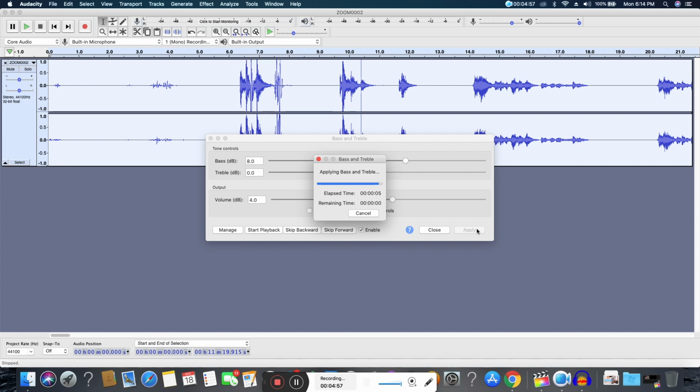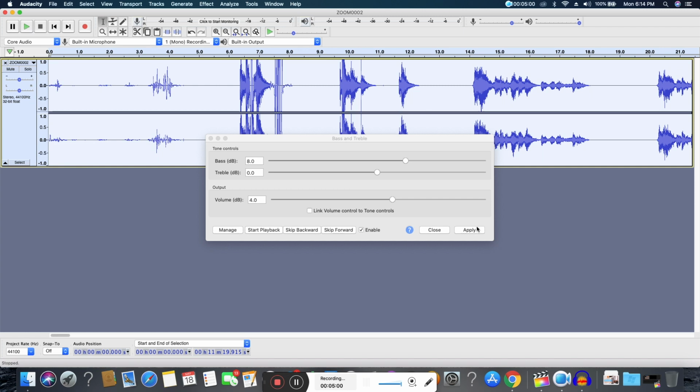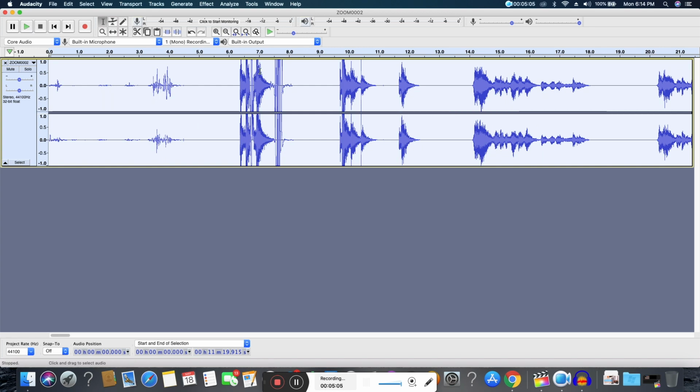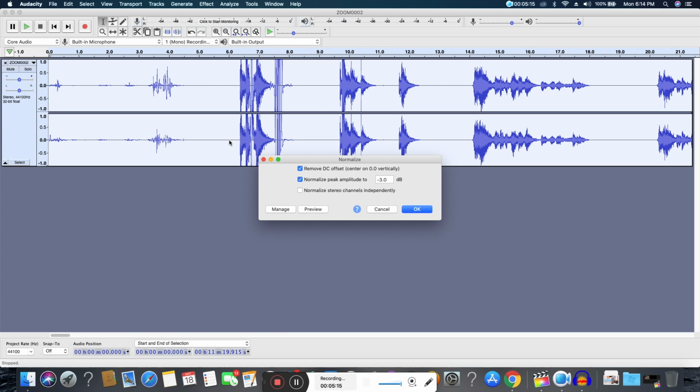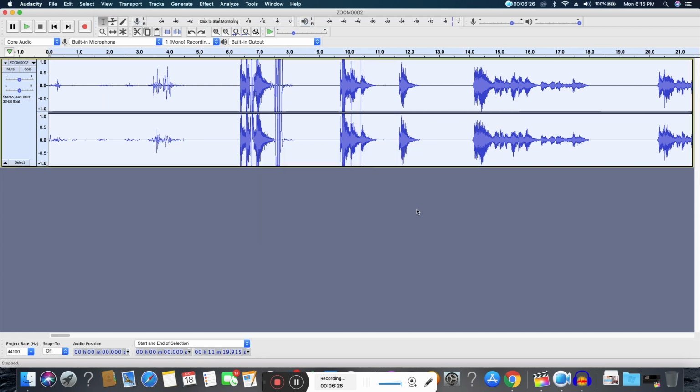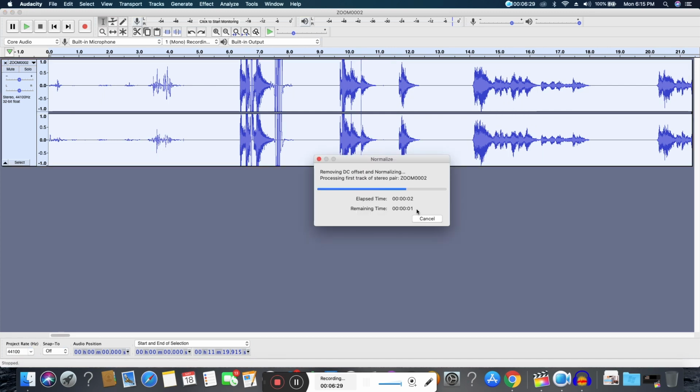When the bass and treble step has been done on your audio track, the audio level will be increased a lot. There you need to suppress the audio using the Normalize option. You need to select the entire audio track and click on Effect and click on Normalize. There you will have a value regarding normalizing the audio track. You need to play with those values so that you can create a decent audio track. By doing these steps in the Audacity application, you will get a clean, crisp and beautiful audio track.